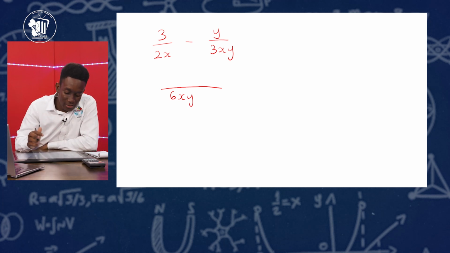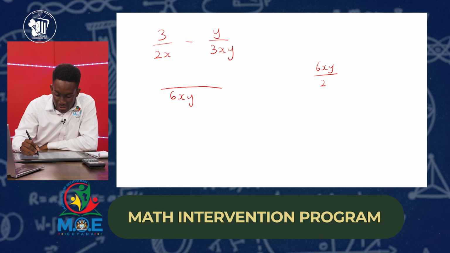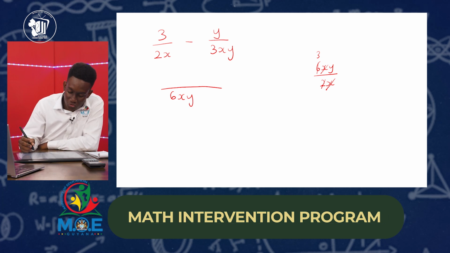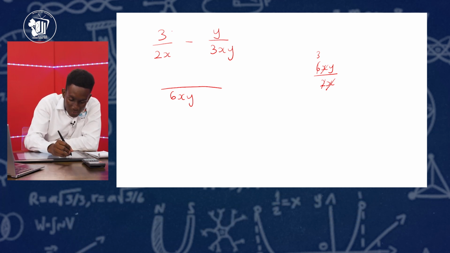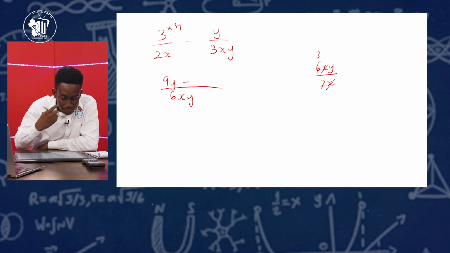Now we divide. So we have 6xy divided by 2x. This x will cancel out with this x. 6 divided by 2 will be 3. So this answer will be 3y. We take that 3y and multiply it by the 3. So 3 times 3y would be 9y. Subtract